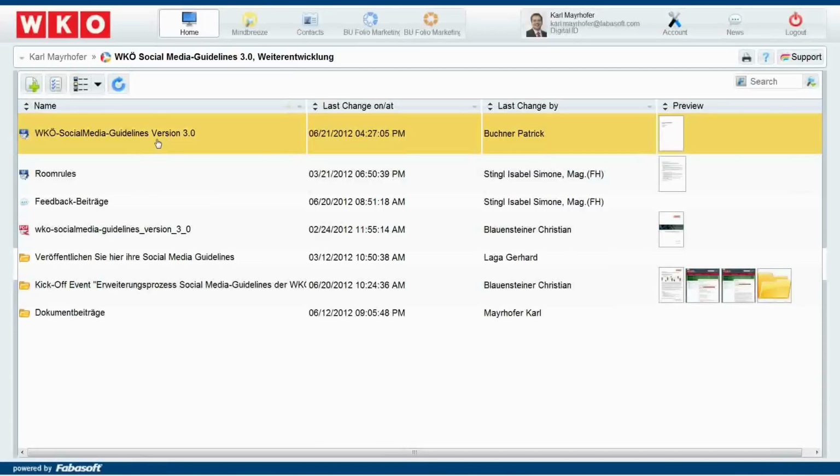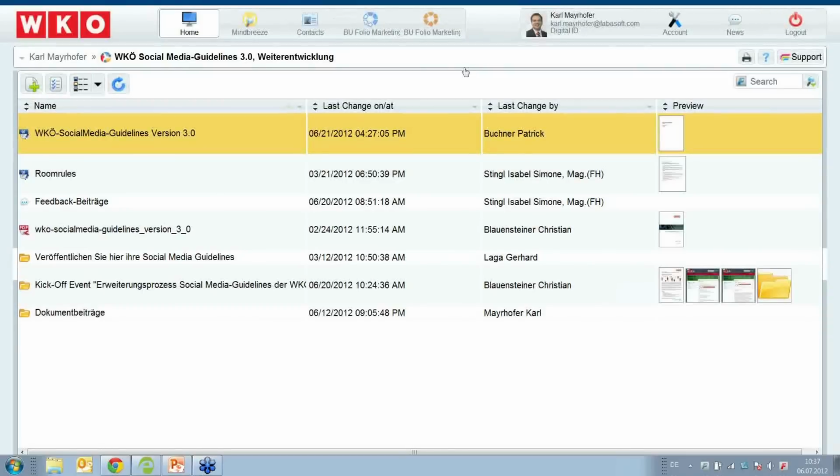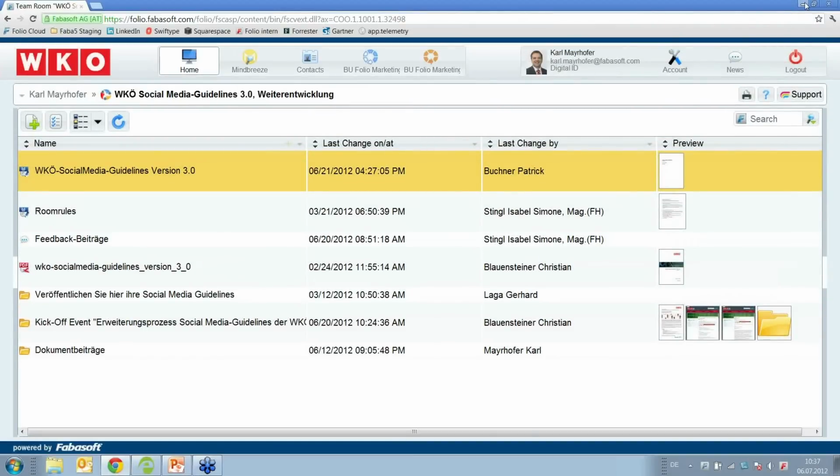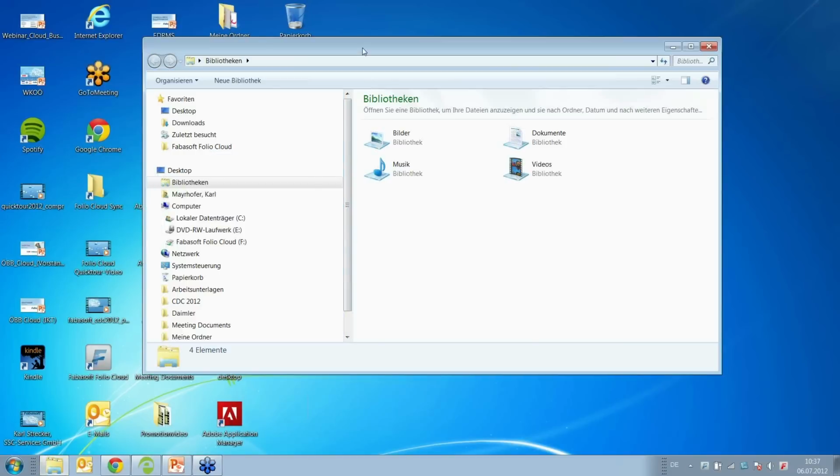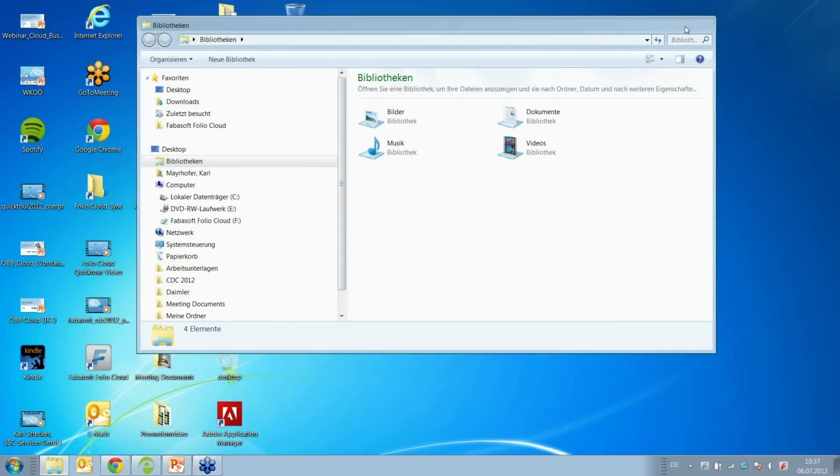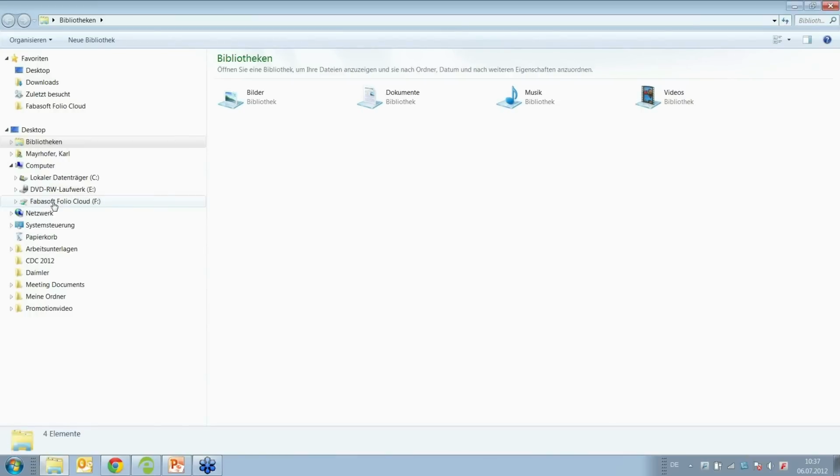And we use a browser plugin to do that. The browser plugin sets the lock in the cloud, downloads a temporary copy, and opens it in my local tool, which in my case is Word. So that's how you would use it, and as I said, you would also have the chance to use something like WebDAV. You should see my Explorer now, and here in the Windows Explorer, you can see